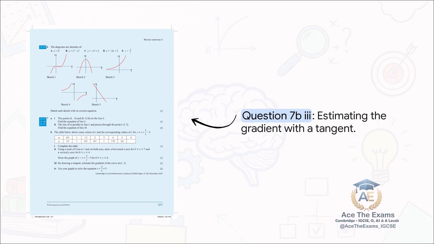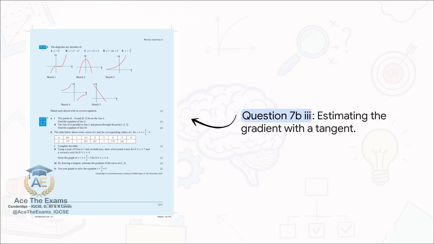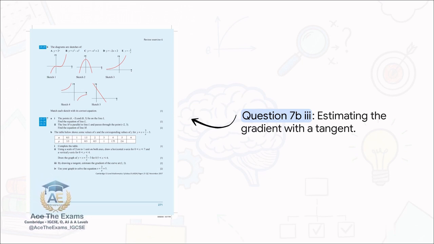A flowing curve does not have a single constant gradient like a straight line does. Its steepness is dynamically changing at every single microscopic point along its path. So you cannot simply pick 2 random points on the curve and lazily run them through a gradient formula. It won't work. To find the gradient at the exact coordinate 1, 1, you must manually take your physical ruler